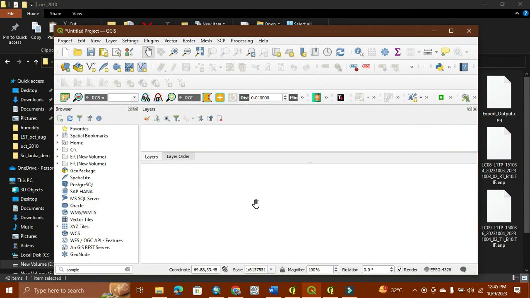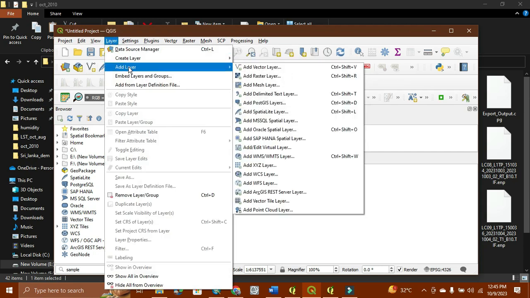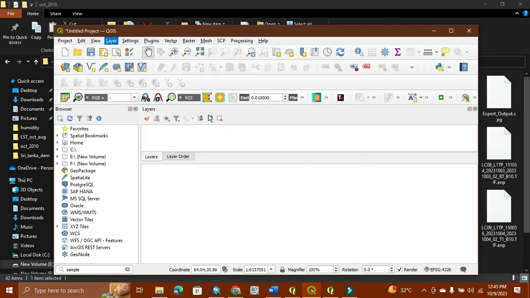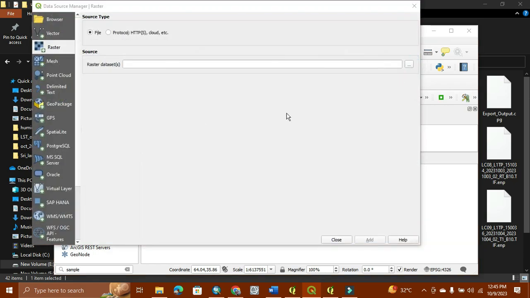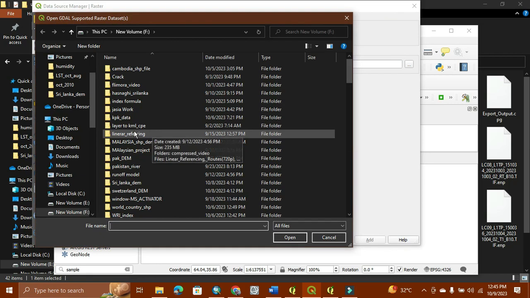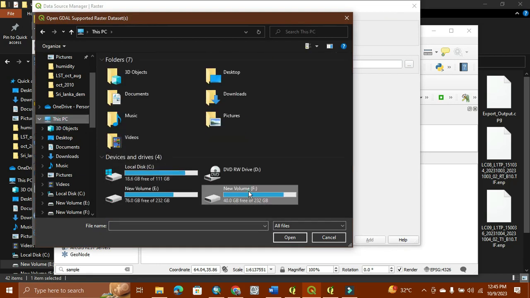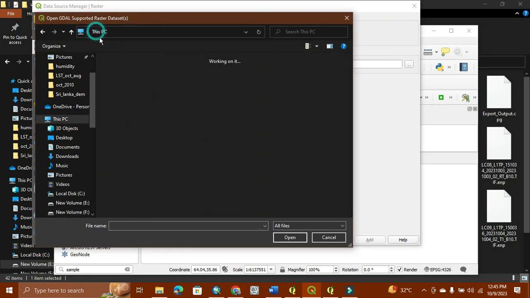As you can see, our tutorial is about how we can give the value from raster to vector on a point with the help of QGIS. Now I am adding two types of data. One is raster and the other is point data, which is a vector. So we have an LST image of our area, and I am putting it here